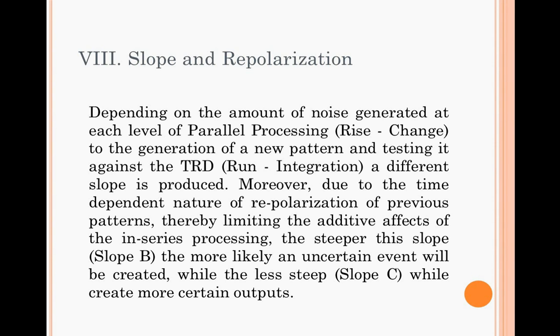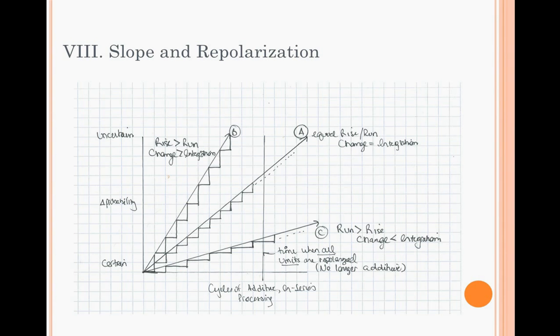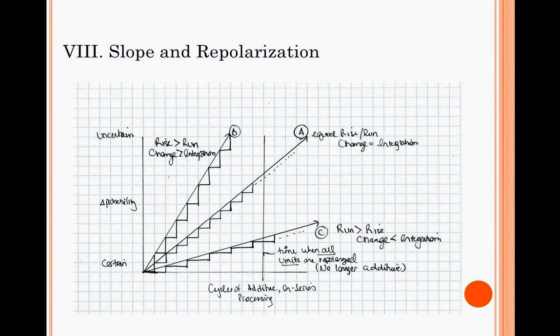processing, the steeper the slope, B, which you'll see in the diagram coming up, the more likely an uncertain event will be created, while the less steep slope, C, will create more certain outputs. You can see this with the slope and repolarization. So B, where you're having the rise, which is going to be indicative of more change, is causing it to rise quicker, which will lead to more uncertainty than either